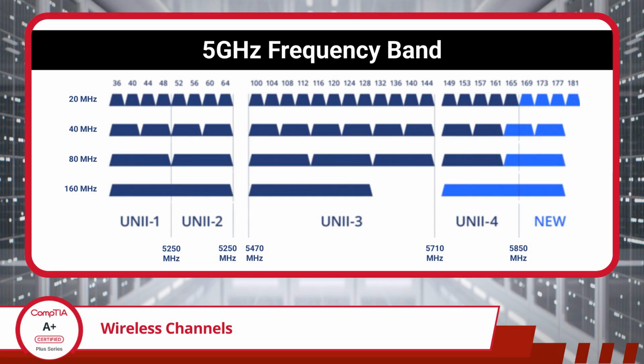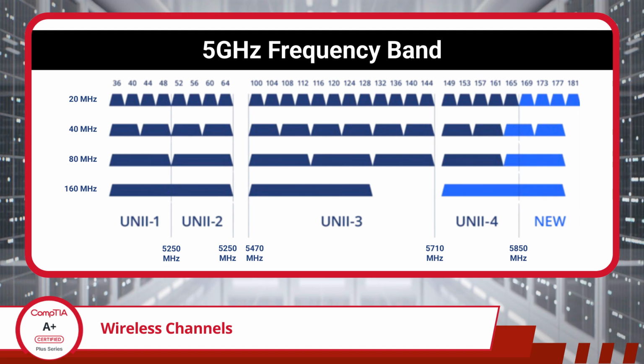Moving to the 5 GHz band, channels are more widely spaced and do not overlap in the same way. This band offers a greater number of available channels and supports wider channel widths. A single wireless channel in this band typically starts at 20 MHz, which provides stable performance and good compatibility. Through channel bonding, a technique that combines multiple adjacent wireless channels into a single wider channel, multiple 20 MHz channels can be combined to form wider channels of 40, 80, or even 160 MHz, allowing more data to be transmitted